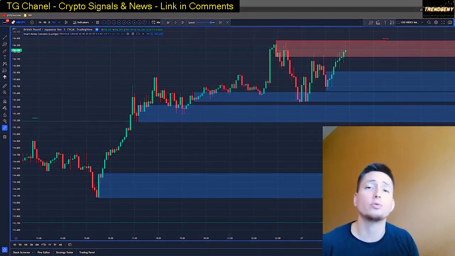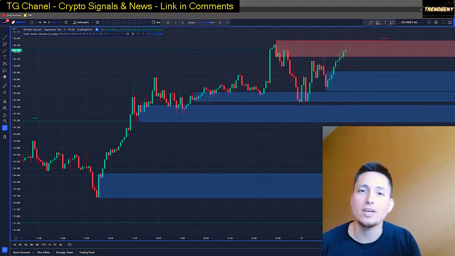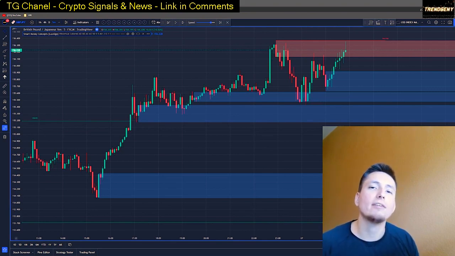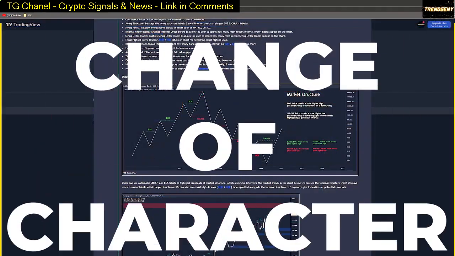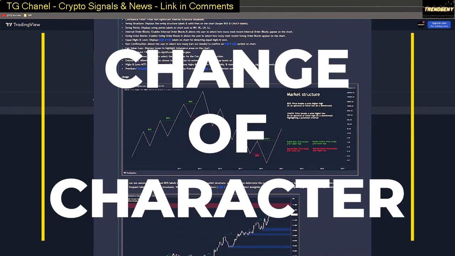So as mentioned, we're going to look at the two most significant benefits that I found when using this indicator, and within each benefit there are definitely a lot of different opportunities to complement different types of strategies. So let's dive into the use of the CHOCH, or the change of character, first off. And now when looking at the Lux Algo page, again the link is down in the description below,